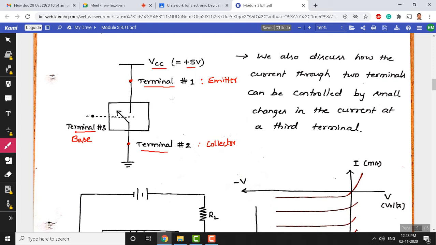Current flow in a PNP transistor will flow from emitter to collector. This is the direction of the current here. The current flow from emitter to collector can be controlled through the third terminal current, which is nothing but the base current going into the base terminal. So using this base current, I can control the current movement from the emitter terminal to the collector terminal. Here, this is a current control device. Using this base current, I am controlling the collector current which is coming from the emitter.